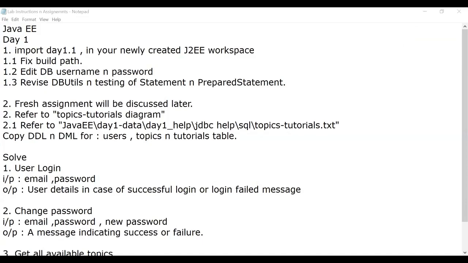Hello, ma'am. Yeah, tell me, Shraddha. Ma'am, how do I set the path of the JDBC drivers? I'll show you. Wait a second. Share the whole screen. Shall I share the screen, ma'am? Okay, share the screen. I'll show you in your case. I was going to show you on my screen, but it is okay. I'll show you with yours.